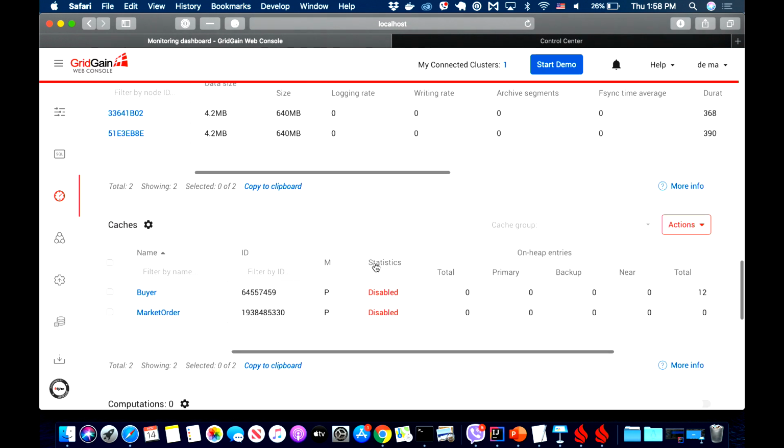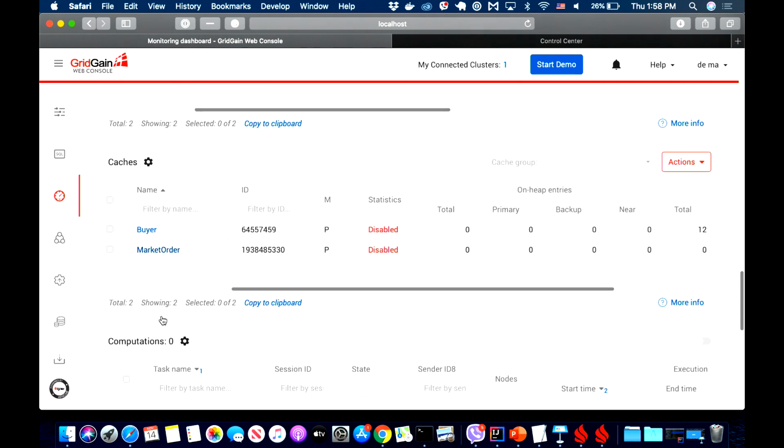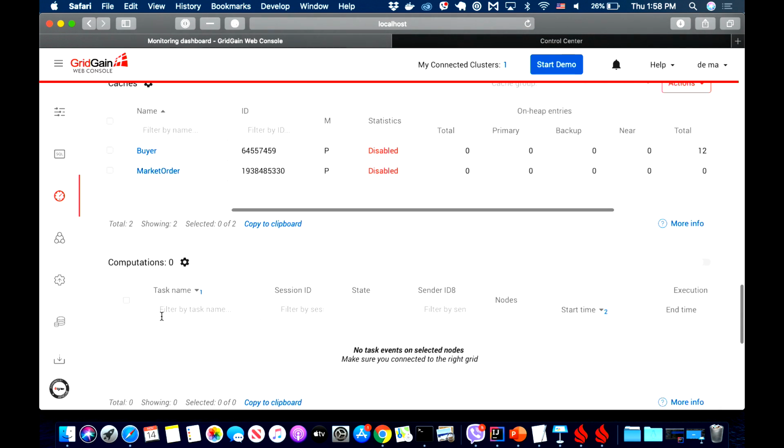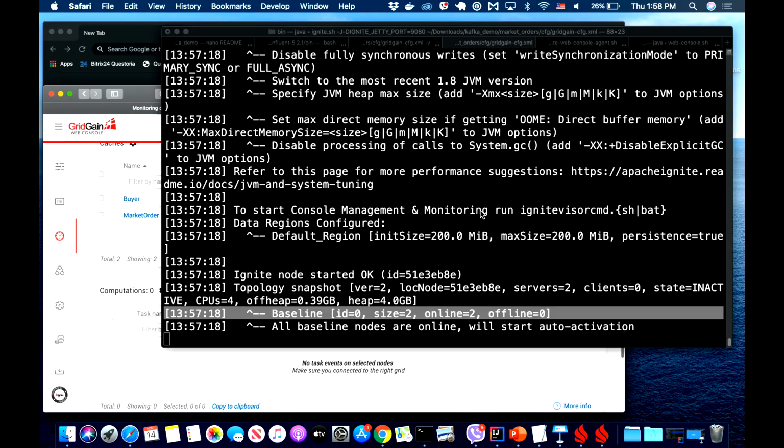Also, I created a couple of caches. One will store information about buyers, the actual folks who are going to buy all of those stocks that will be traded on the market. And here we have a table with market orders, actually closed deals. All this information will flow from Kafka to GridGain. There is nothing else started, except for